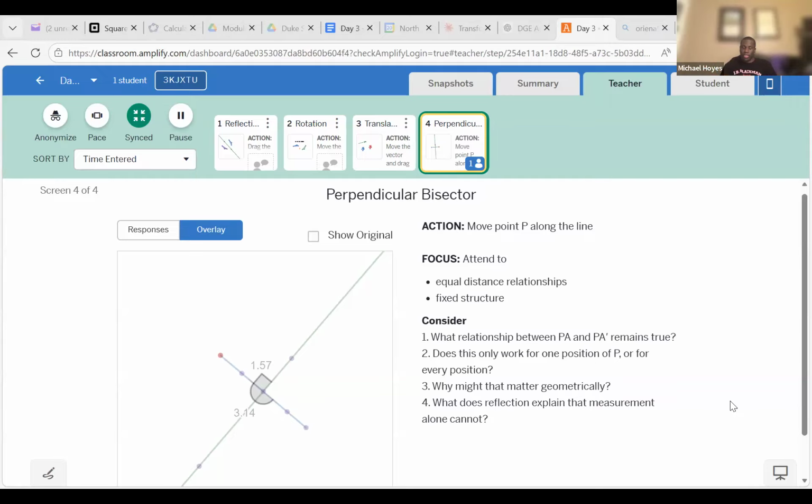Therefore, the line is a bisector, because the distance is always measured perpendicularly. We always measure distance perpendicular to things. That's how we measure distance. Because the distance is measured as perpendicular to